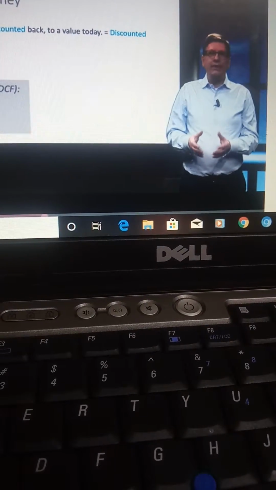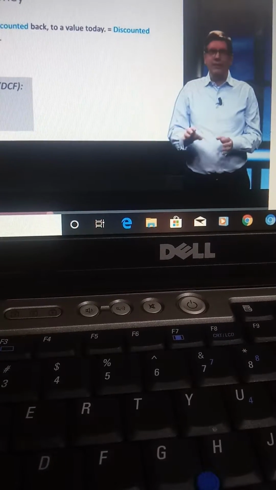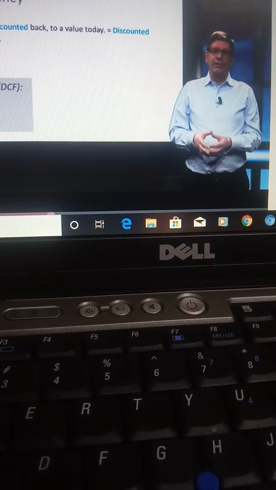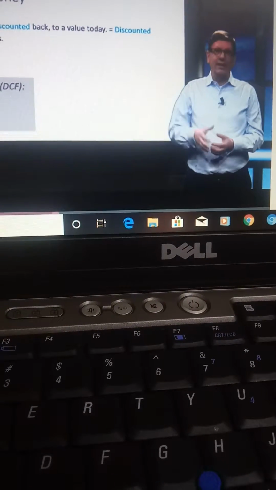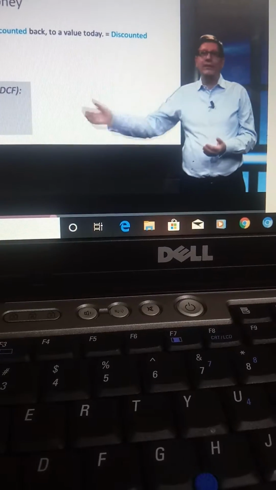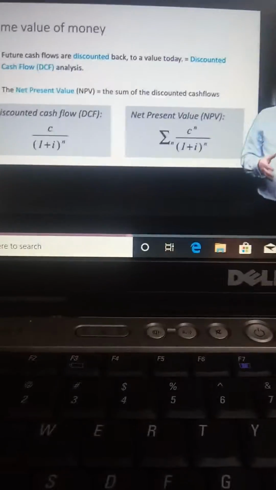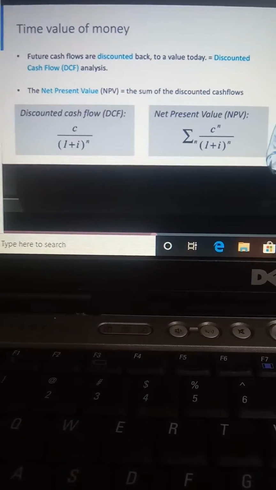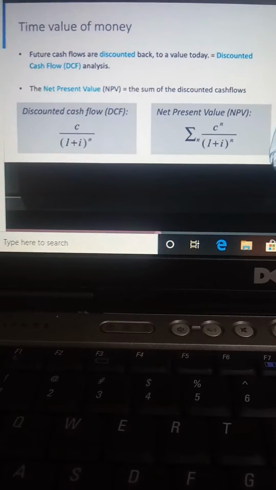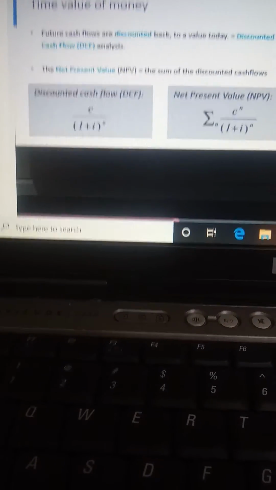In this formula, the present value is lower if the divider is higher. The divider will be higher if the interest rate is high and if the period we have to wait is longer. Then we can add all these discounted cash flows up and get the net present value of our investment, or its NPV. A higher NPV suggests a more attractive investment.